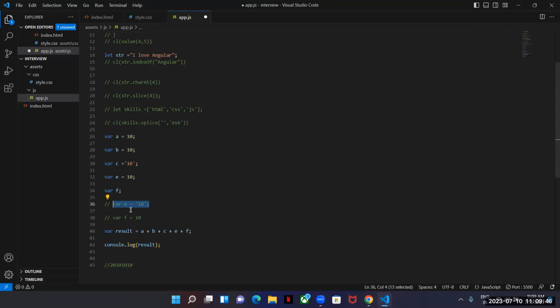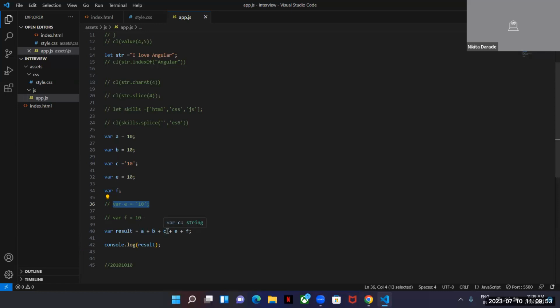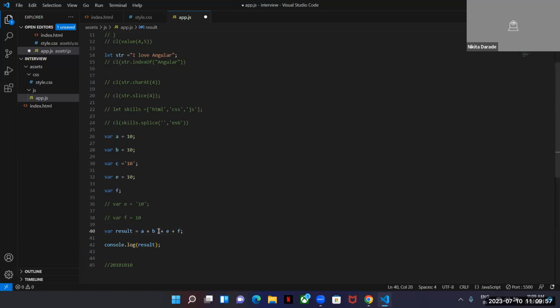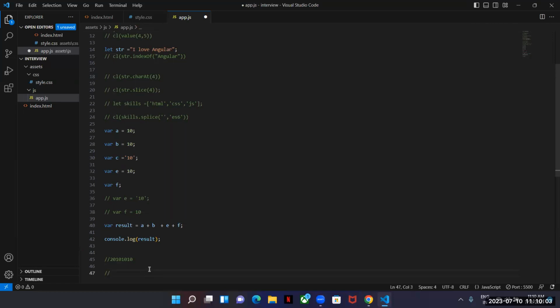Now at line number 40, remove the plus C. Now tell me what will be the output. Not a number. Okay.